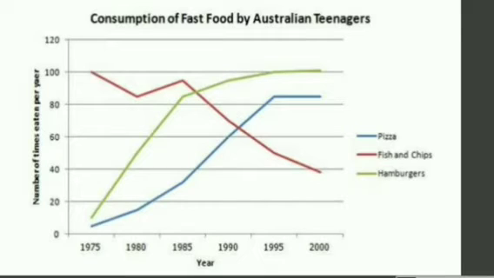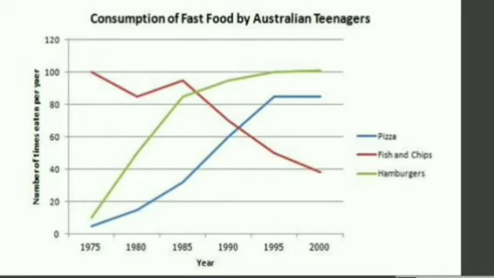You have the x-axis and y-axis. It is all the basis of statistics. And in the x-axis you have what? Year. And in the y-axis you have the number of teenagers eating per year. So we have only 6 years in the x-axis: 1975, 80, 85, 90, 95, 2000. And see, children, the blue line is the pizza eaters, the red line is the fish and chips eaters, and the green line shows the hamburgers, how many hamburgers are consumed.